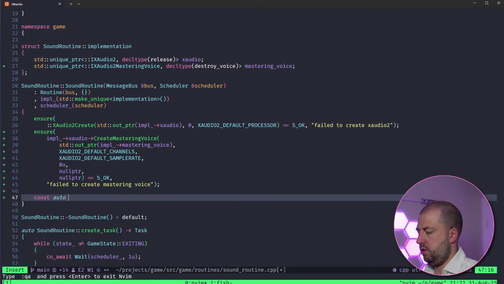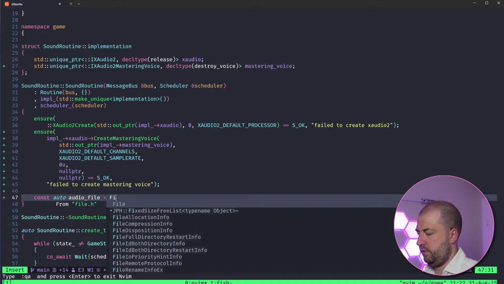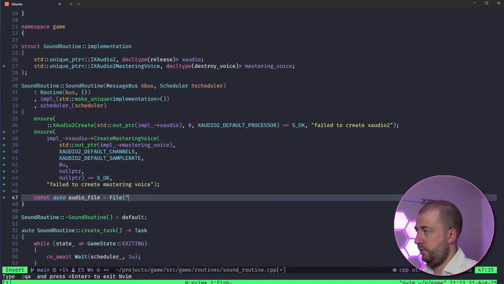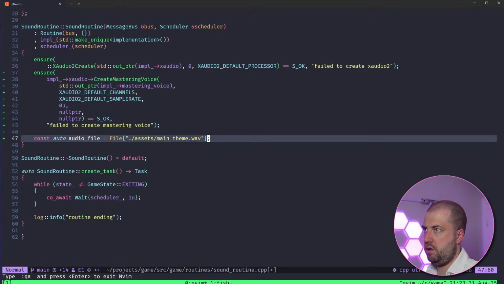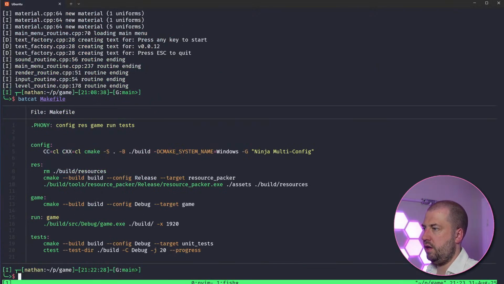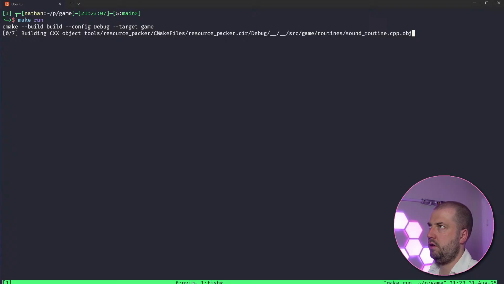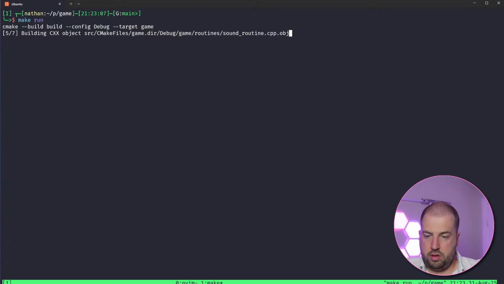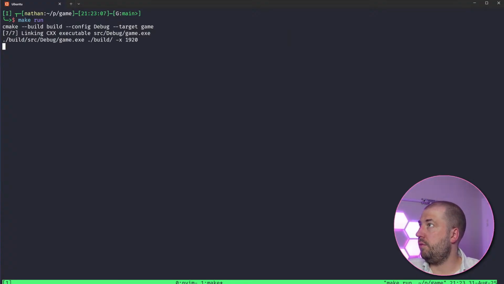I don't think I've moved that anywhere sensible yet. Let's do const auto audio file equals file assets main theme dot wav. Just check that builds. I've no idea. I don't know how any of this works.